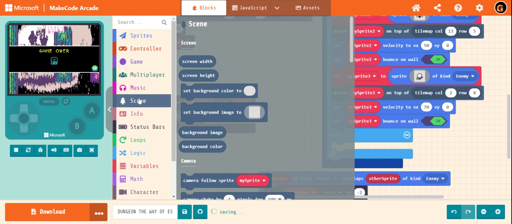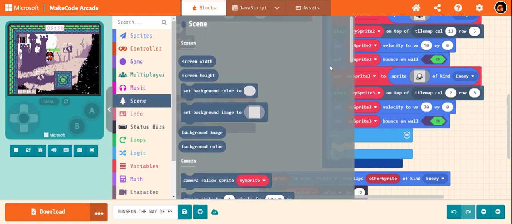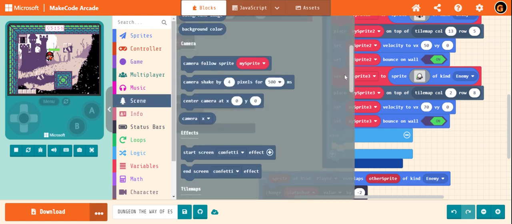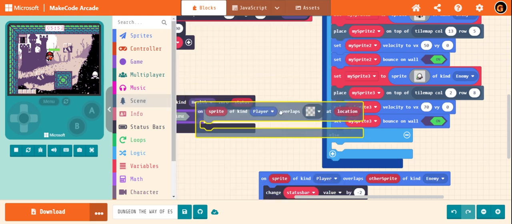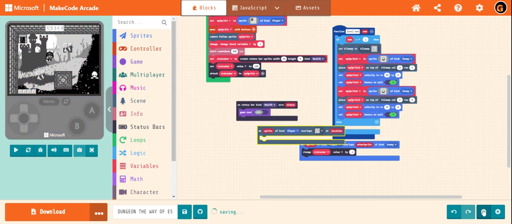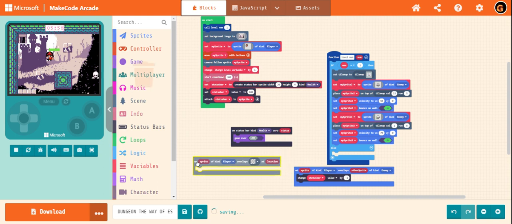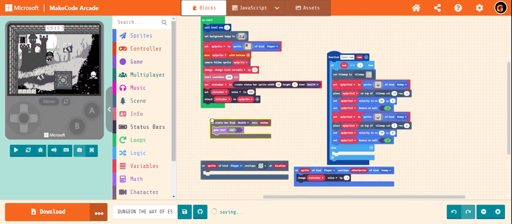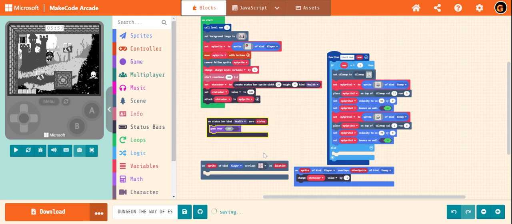Then what if player in scene section, if player overlaps, it's too clumsy. Let me change it a bit. So what block was it, friends? Can you remember it? Yes.